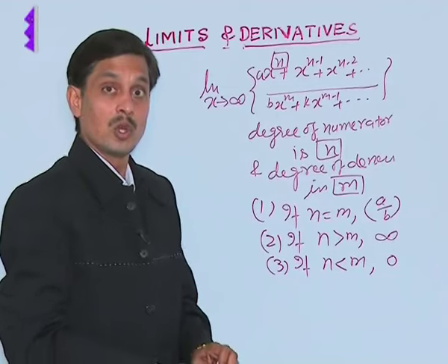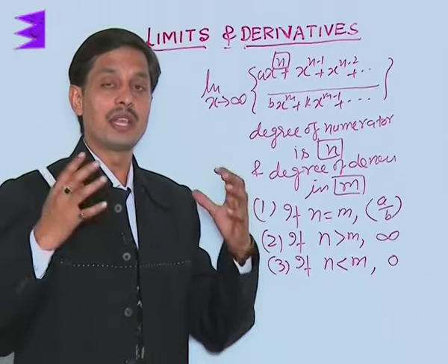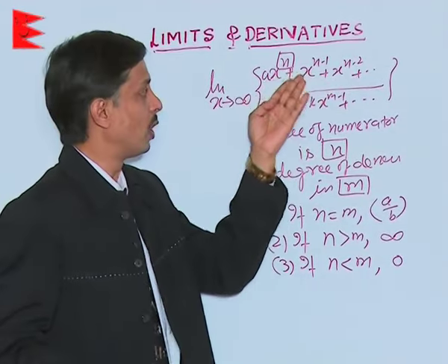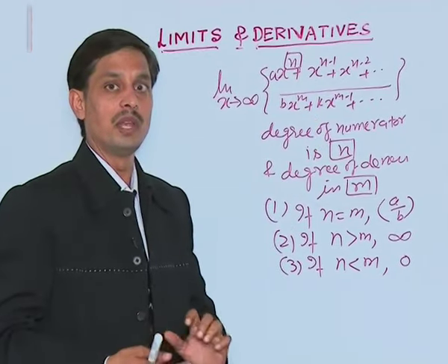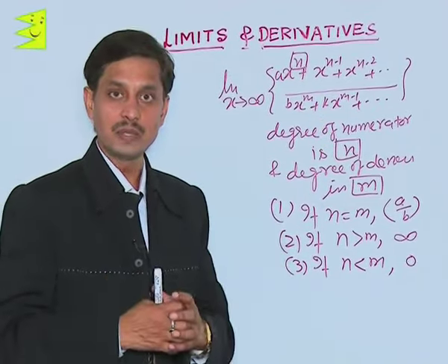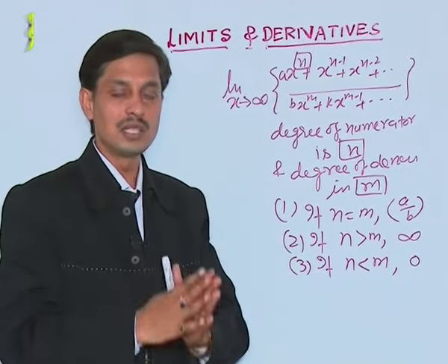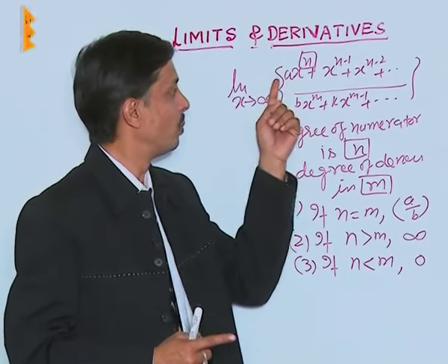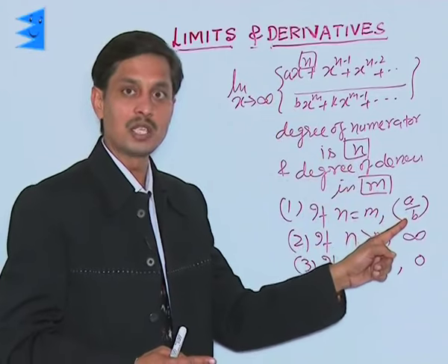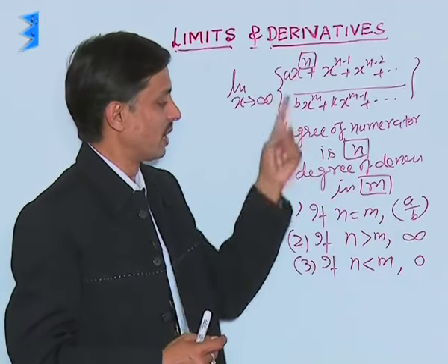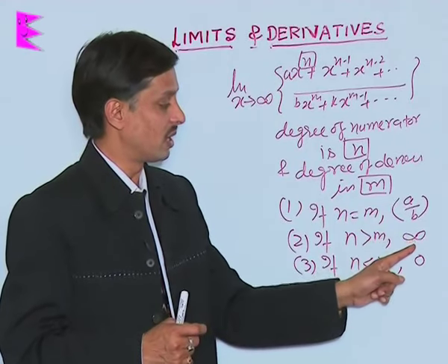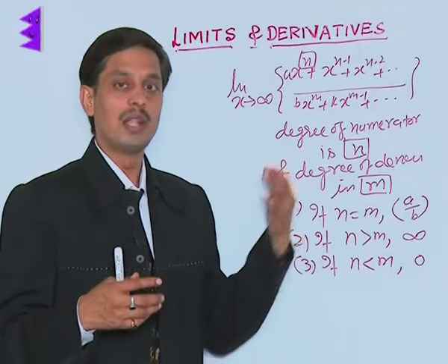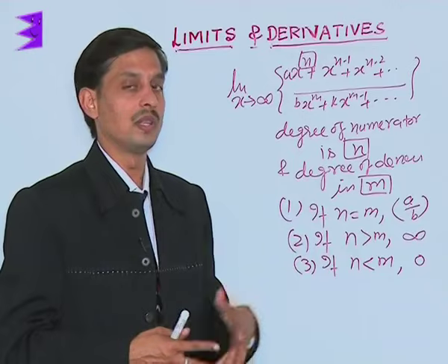So if this kind of problem exists, with limit x tending to infinity and an algebraic expression, or you can say a polynomial, in the numerator and in the denominator, then you have to check their degrees. If their degrees are the same, then the answer will be the coefficient of the highest power term in the numerator upon the coefficient of the highest power term in the denominator. If the numerator's degree is more than the denominator's, the answer is directly infinity, and if it is less, then the answer is directly 0. I will take an example to explain this further, and why it is so.